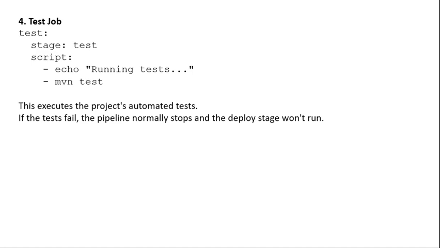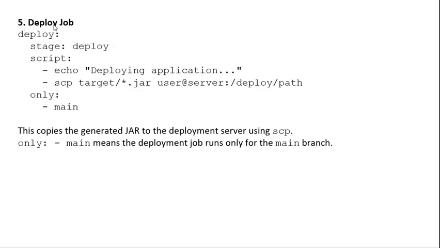After the build stage comes the test job: stage: test, script: - echo "Running tests" message, - mvn test. This executes the project's automated tests, and if the tests fail, the pipeline normally stops and the deploy stage won't run. The last stage is the deploy job